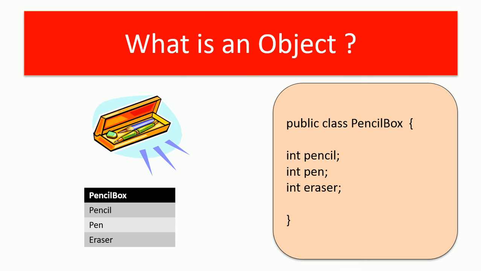So I think you'll know this slide in case you have seen my last video on what is a class, but still we will explain from the beginning shortly. A professor wanted to present something to his students. He wanted to buy a pen, pencil and eraser for a class of 60 students. So he buys 60 pens, 60 pencils and 60 erasers. He started giving a pen, pencil and eraser to each student.